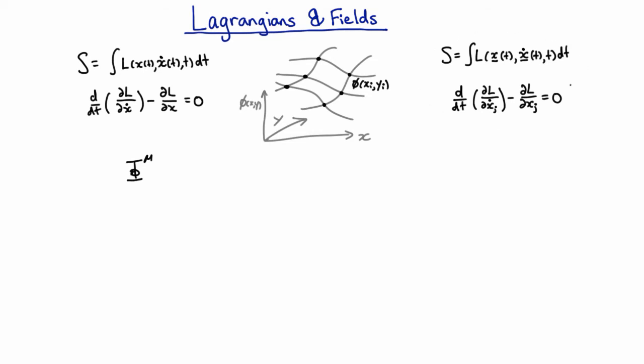Possibly the biggest problem with just constructing your action any way you like, and then putting things on a grid and making up some Euler-Lagrange equations, is that you have no guarantee that your resulting mechanics is going to obey the principle of special relativity. The easiest way to do that is to always embody all of your physics in terms of tensor relationships and tensorial objects. Now this thing here is a scalar, so if you're going to construct it out of fields that are vectorial or anything like that, it should always be explicitly scalar-like.